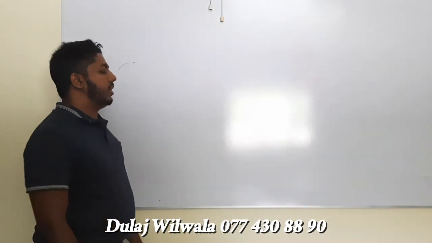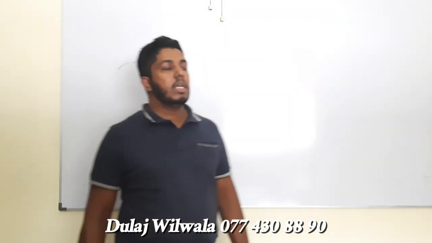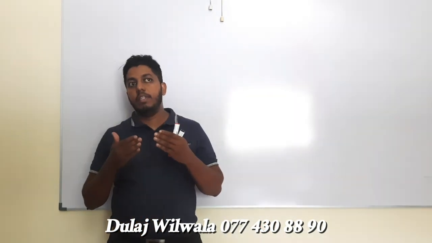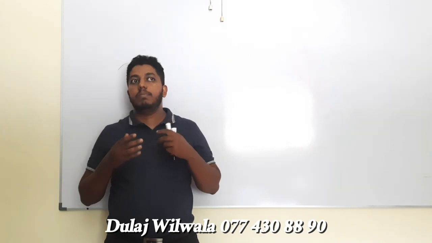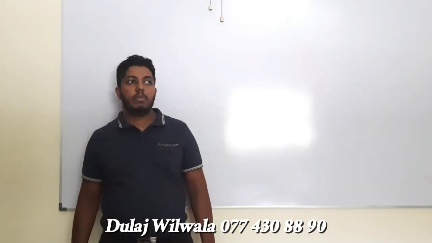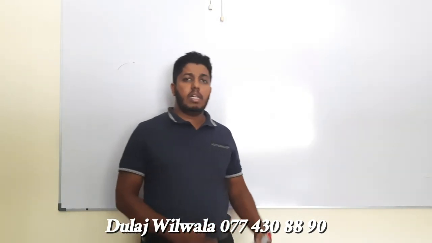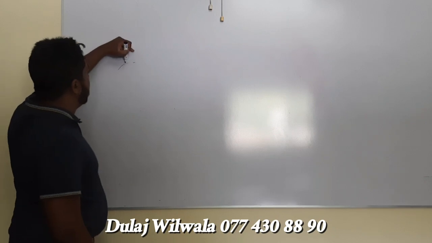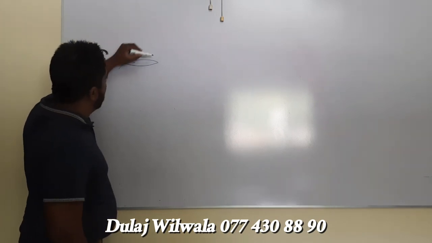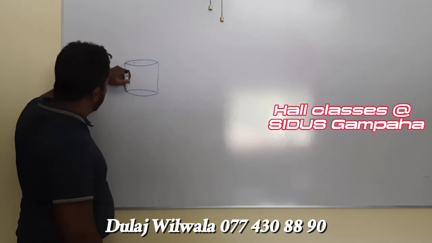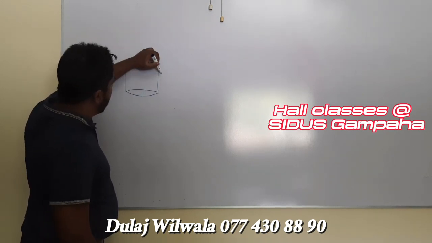Right. So I have already done the area and the volume of a cylinder in one of my previous videos, so I'm not going to go there. I'll just write it down here. So when you consider a cylinder with radius r and height h,